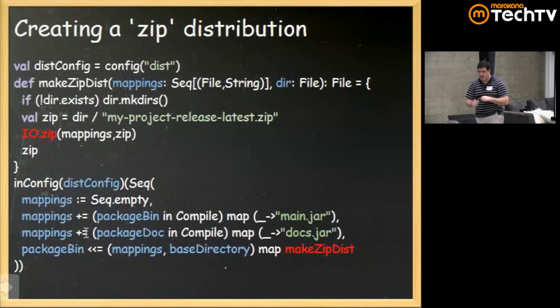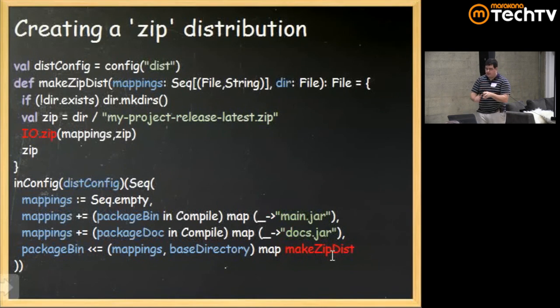And then finally, I define my package bin in the dist configuration to take those mappings, to take the base directory. The base directory is the directory of your project. And then I call makeZipDist, the function. So it's going to get those mappings of sequence of files from this setting and apply it there. Okay, so